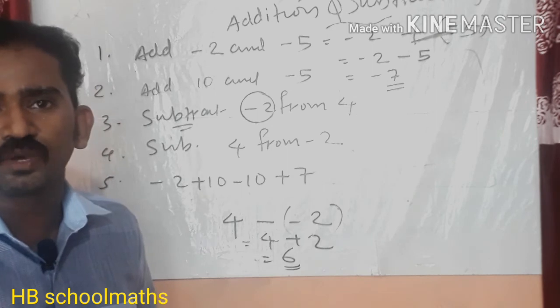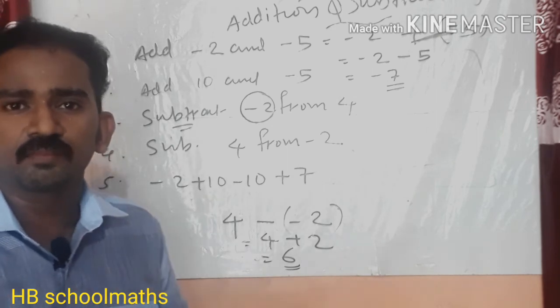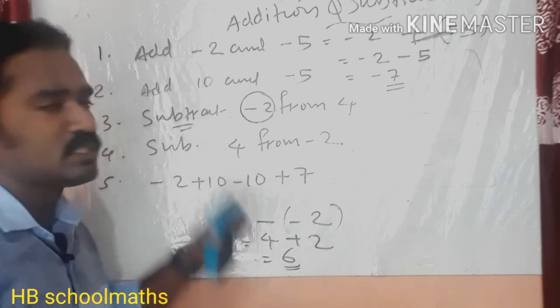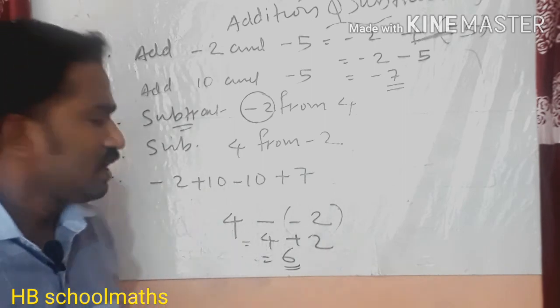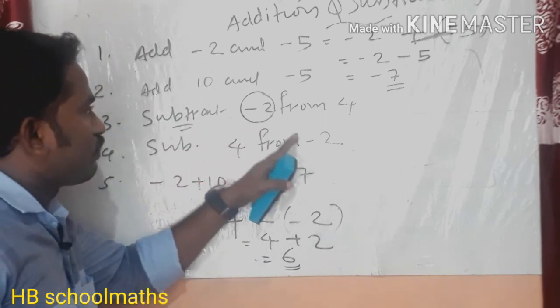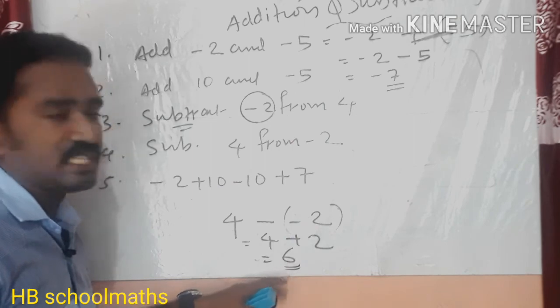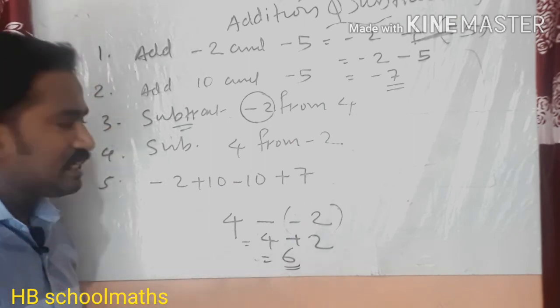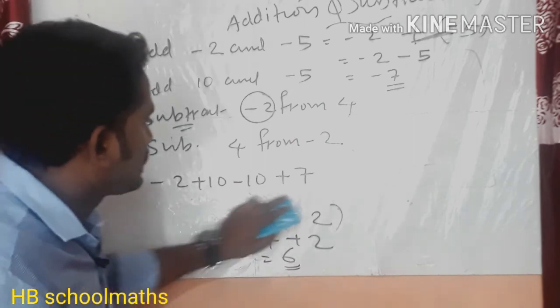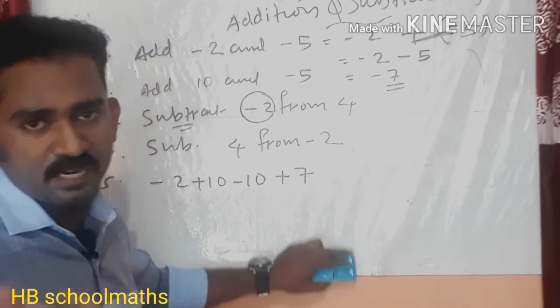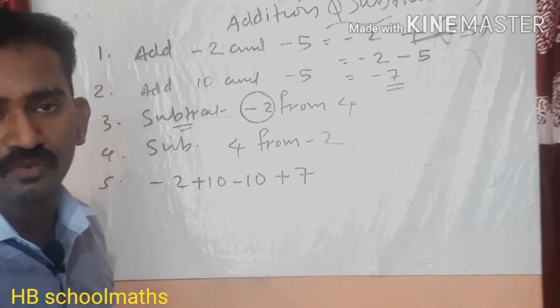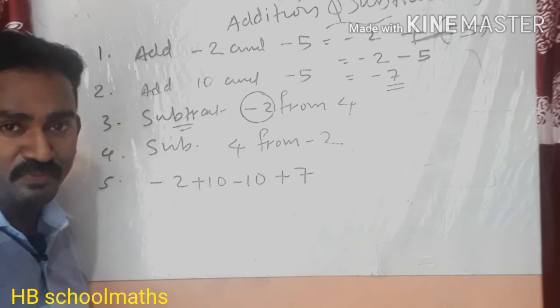Your teachers will tell you to be quiet. You will be quiet every time. You will shout no. Like there are some subtraction questions where sometimes you want to add also. So subtract -2 from 4 means 4 minus -2, 4 plus 2, answer is positive 6. Correct or not? Some more questions like the same, just change the numbers and write and practice it. Then it will be understood. So don't worry. I am here to help you.